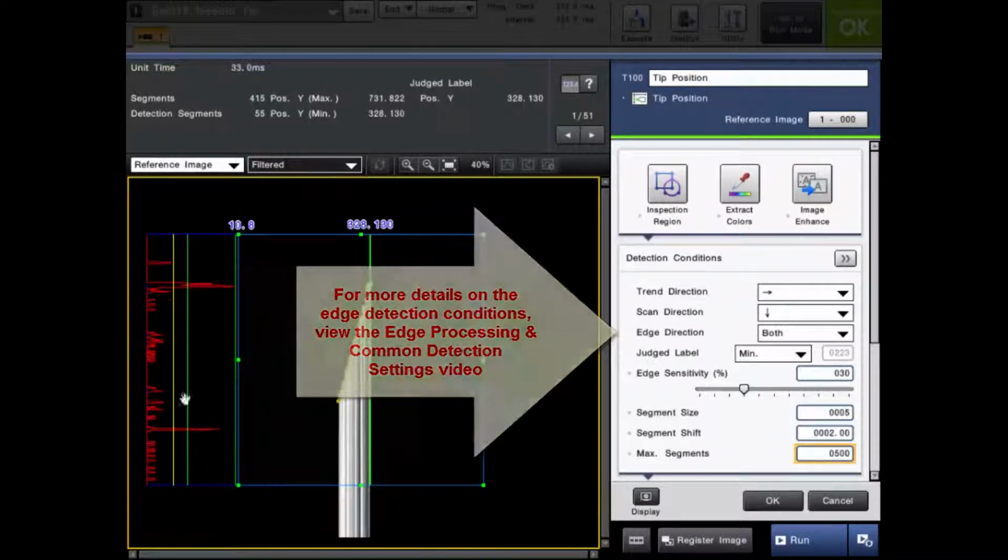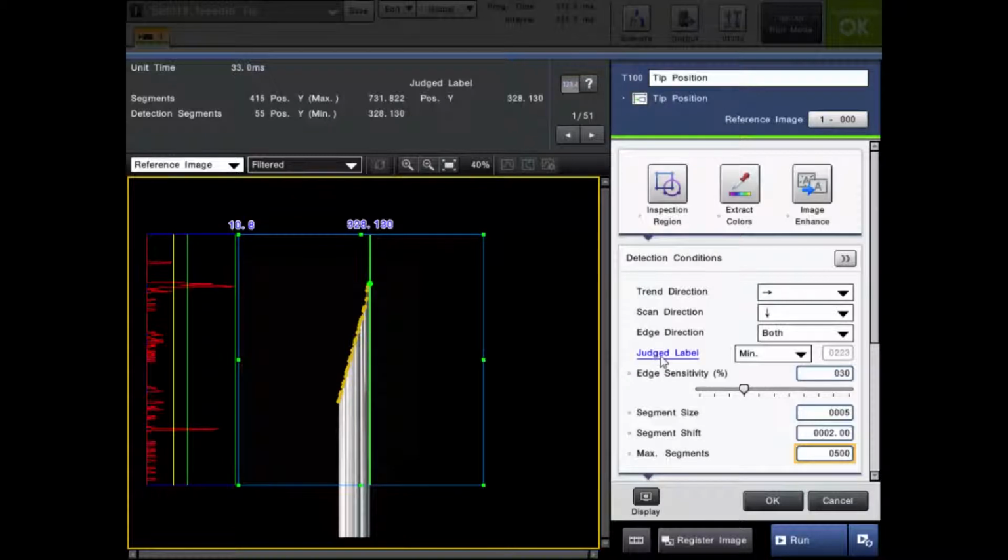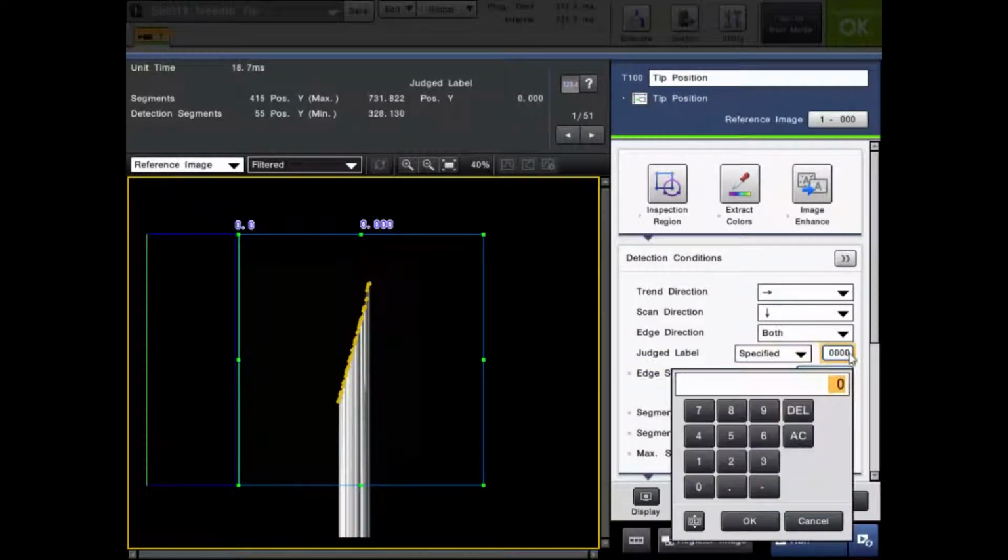The edge graph will be displayed for the selected segment. In this case, the judge label is set for minimum, so it's actually showing us the edge graph for that segment. If you want to view any of the other segments just for troubleshooting or adjustment purposes, you can actually change it to max, which would be the max point, or you can specify a specific segment. So if you want to scroll around,